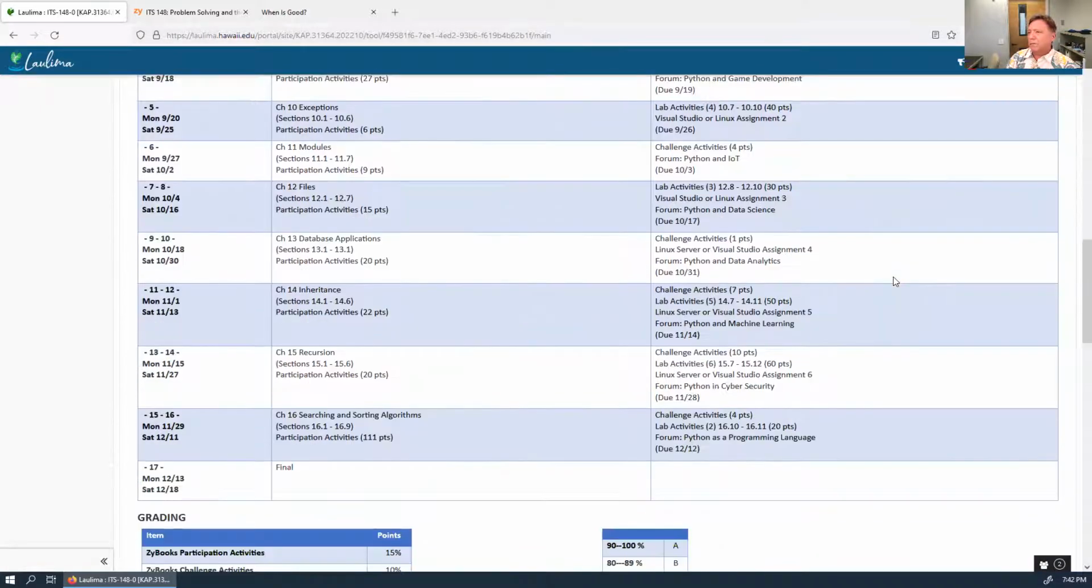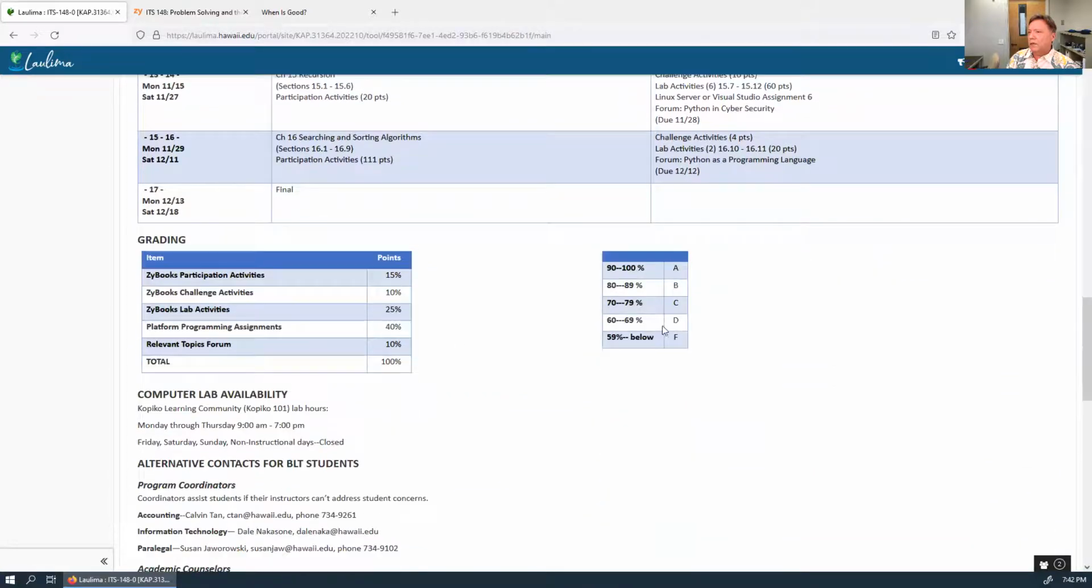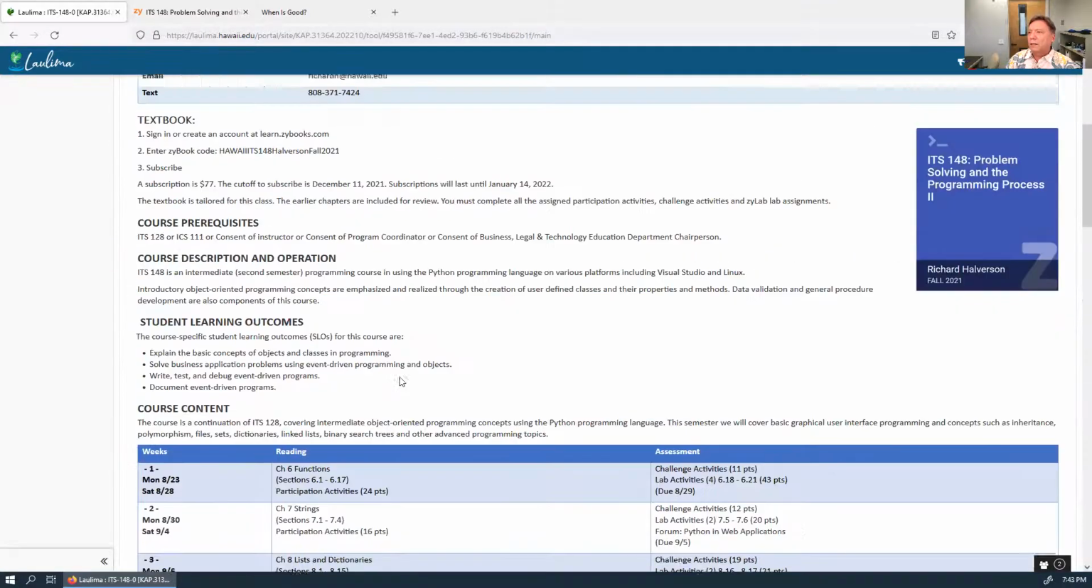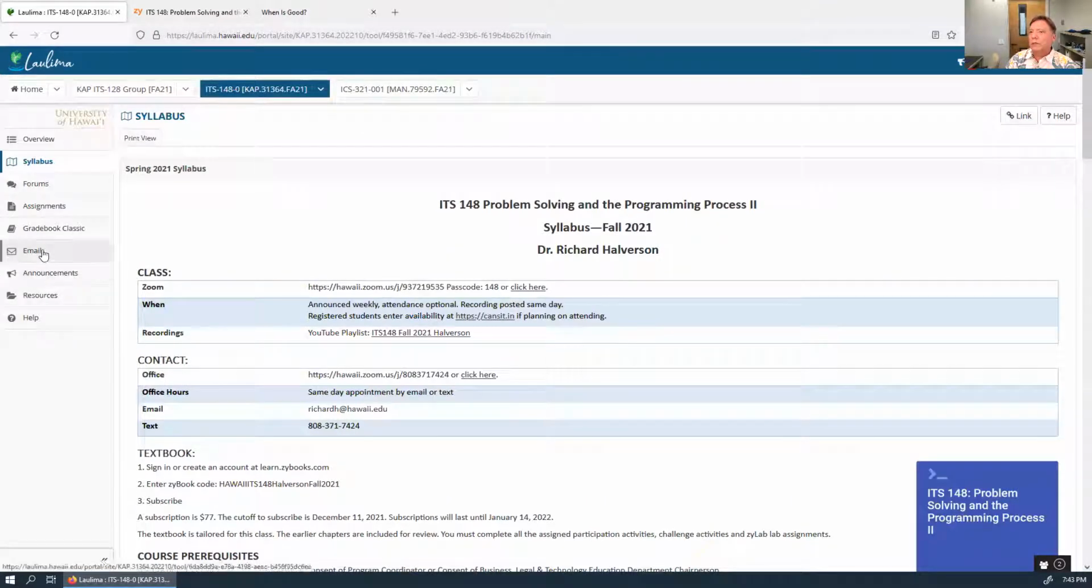There's the participation challenge and labs that you're familiar with from Zybooks. There are these platform programming assignments in Visual Studio Code and on Linux, and then there's this relevant topics forum, and the relevant topics forum is, if you go here to forums,